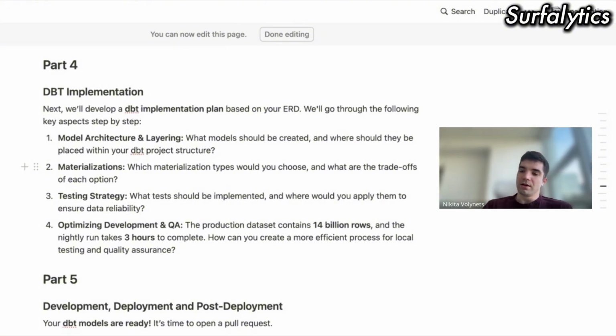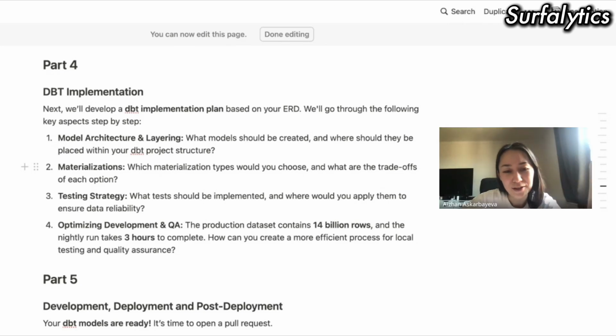So, okay, cool. So we have 3 layers. And assuming that we have 2 types of materialization, views and tables, at which layer should we use which materialization, view or table? Well, definitely in the bronze layer, it should be a table. Why? I guess because we need to physically store the data in our data warehouse,